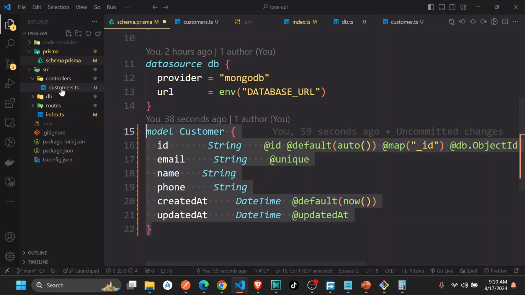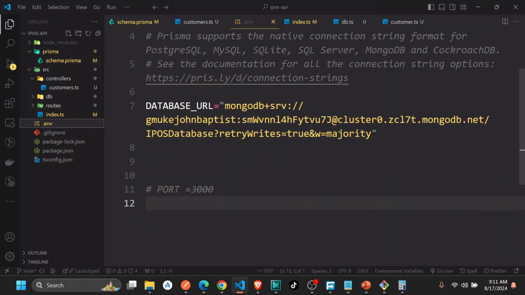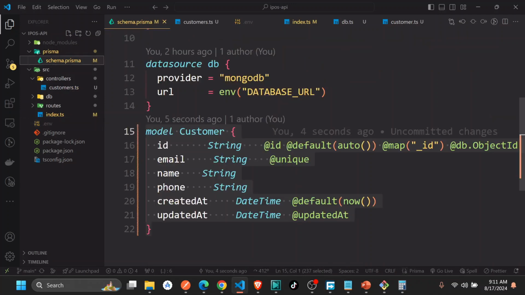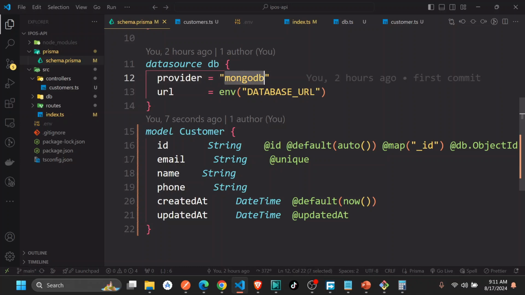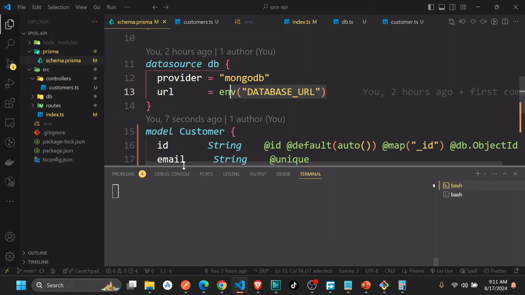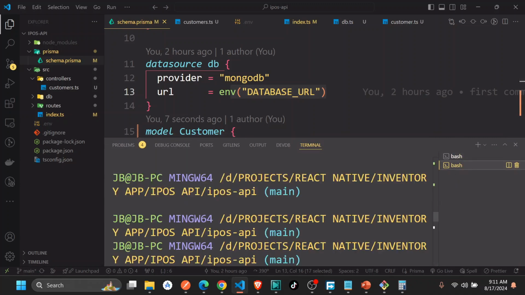So after creating this one, we can now run what we call the migrations. Migrations means that we are pushing this to communicate with the newly created database. We have our database here, and if you come to the schema, you see they're saying we're using the provider MongoDB, and in the environment variables we are looking at DATABASE_URL. So I'm just going to go ahead and push this to our database by running